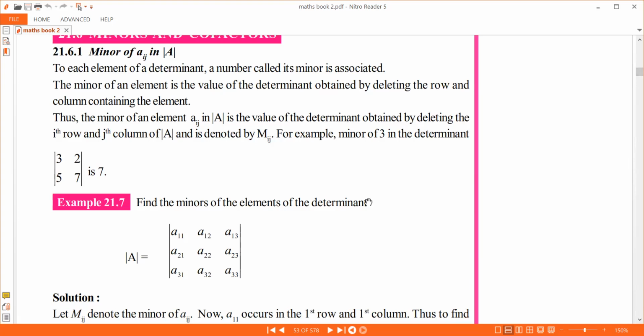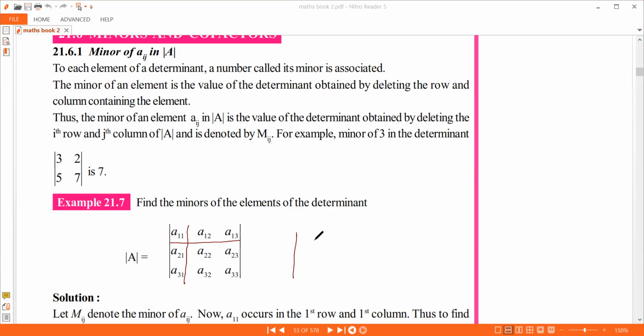Minors of the elements in the determinant. What is the minor? See, if I want to find the minor of A11, now I will tell you what that minor is. It is right under our nose, but you will recognize it now. For A11, you close the row and column, right? You will get the determinant